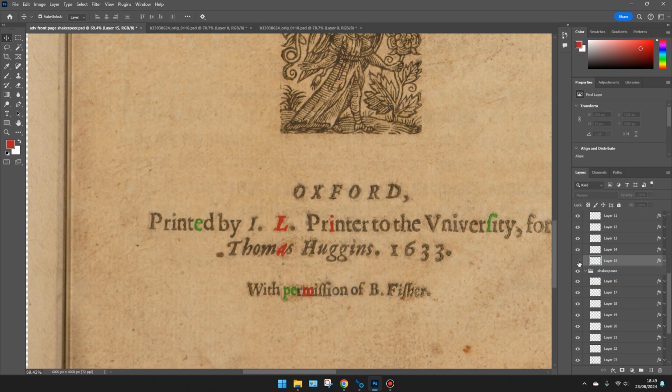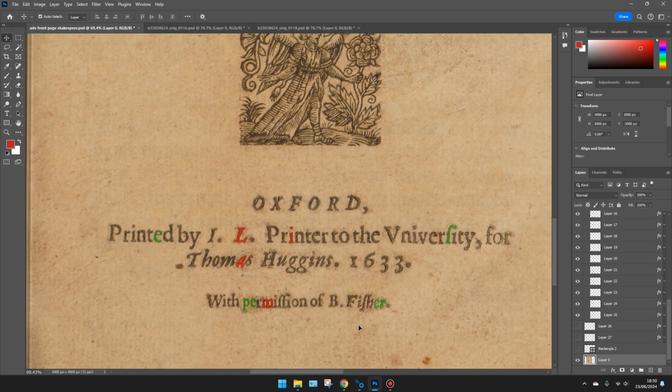I'll just turn off that. And then E. And to finish it off, the final letter is the last letter on the entire page, which is the R. So from the bottom here, we can see S, P, then E, and then R for Shakespeare, and ending on